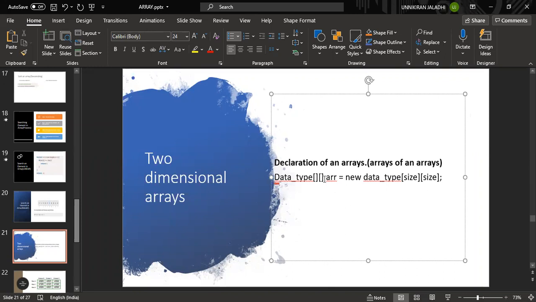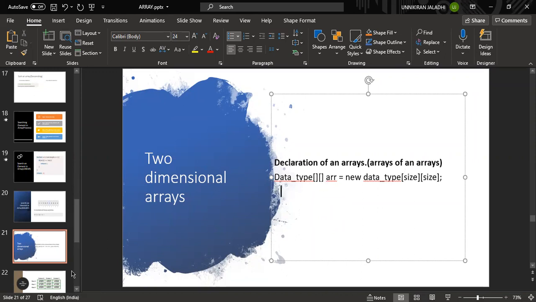First of all, what is it? What is the use of it? We already discussed. How to declare this one? There should be a data type which is similar to the single-dimensional array, and there should be two braces over here. And this is the variable name, the name of the array. And there is a new. New is a keyword, and there is a data type. Again, the data type we are using over here, the same should be over here. Then the size of the first brace and the size of the second one. So we'll decide the size over here.